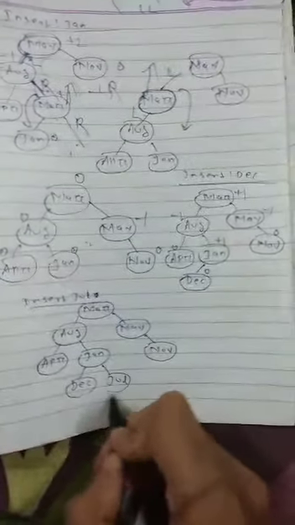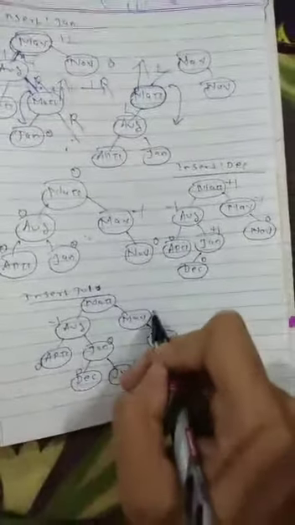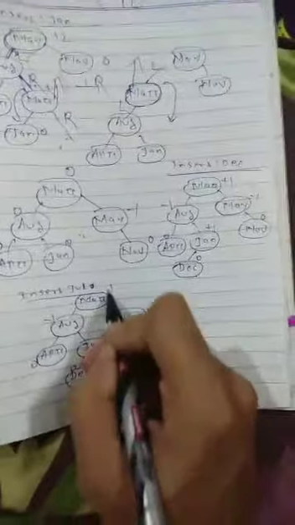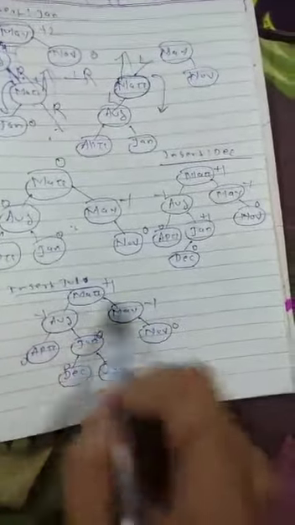Next insert July. Okay, next is July. According to the BST, July is inserted here. Then what is the balance factor here? 0, 0, 0, 0, minus 1. Then here minus 1, 0, plus 1. Okay, after insertion of July, it also gives a balanced tree. No need for any rotation because all the nodes are balanced. Next, go to February.